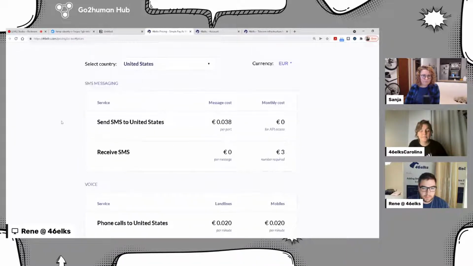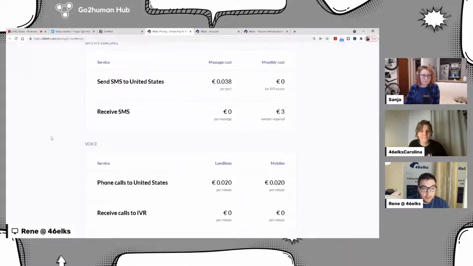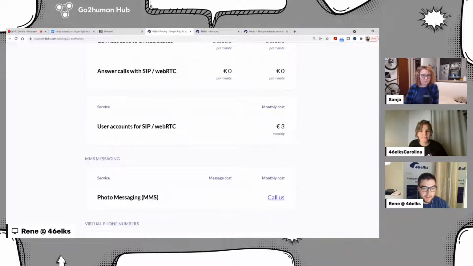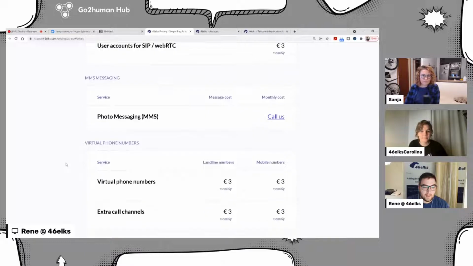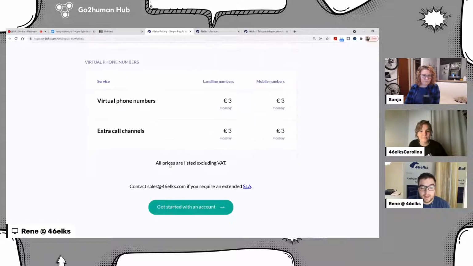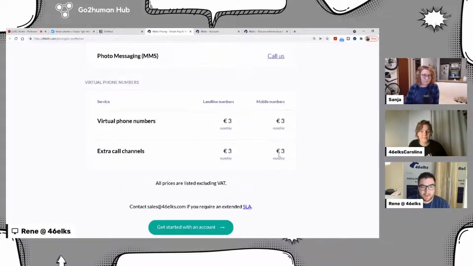We can put euros, so people can see how much sending an SMS is, a phone call is, getting SIP working, getting numbers. So you can actually rent a number from 46 Elks and have it used as your own in a service. So yeah,